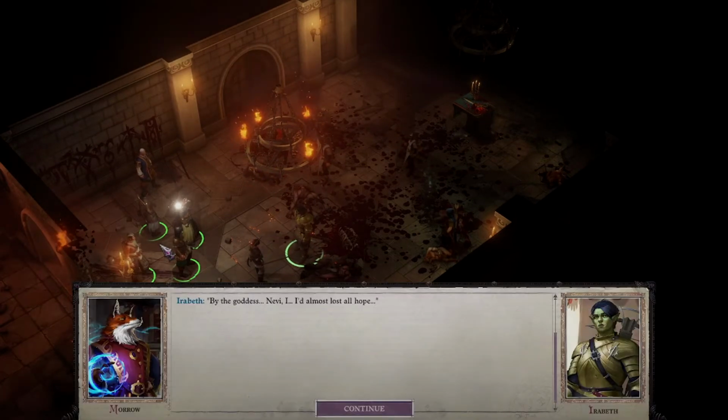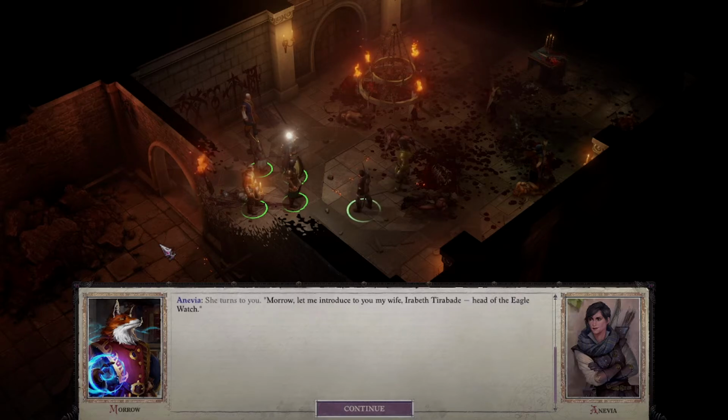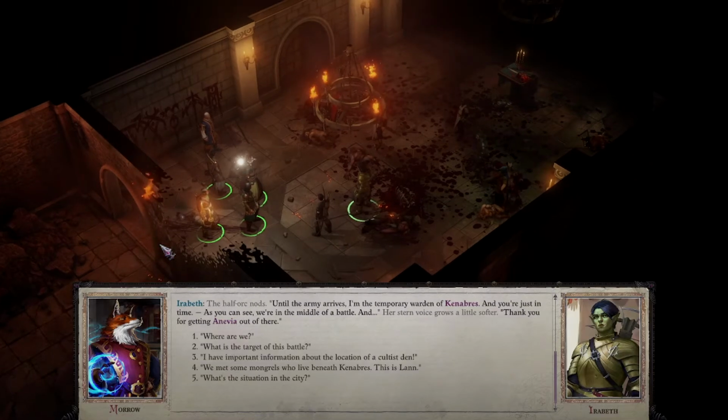By the goddess, Nevi. I'd almost lost all hope. Everything's fine, Beth. I'm here. This here's a new friend. He rounded up those of us who survived the fall and led us up to the surface. Without him, we'd never have made it out. Let me introduce you to my wife, Irabeth Tirabade, head of the Eagle Watch. Until the army arrives, I'm the temporary warden of Canabras. And you're just in time. As you can see, we're in the middle of a battle. And thank you for getting Anevia out of